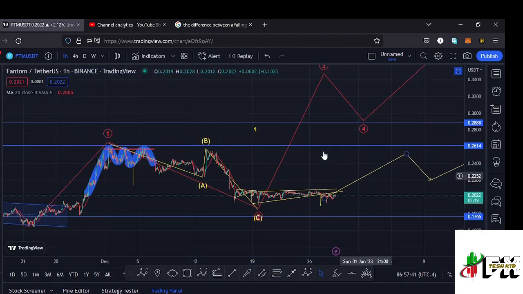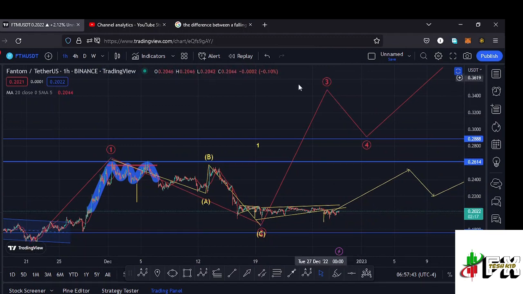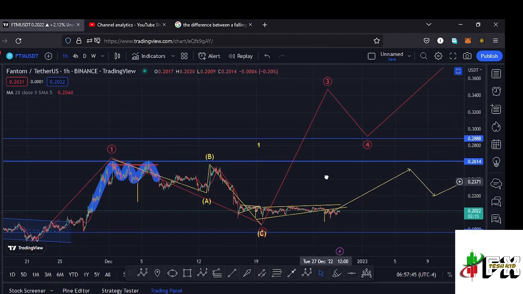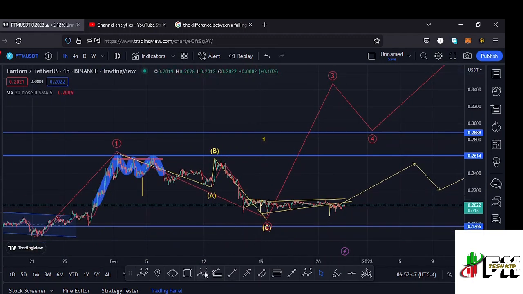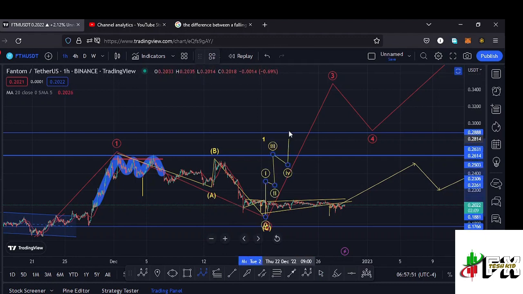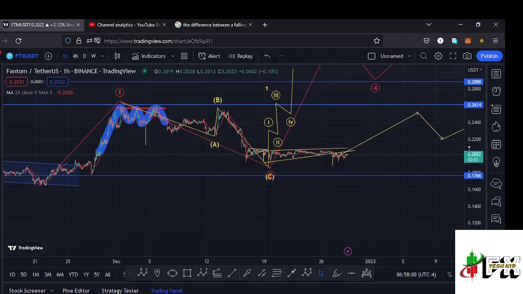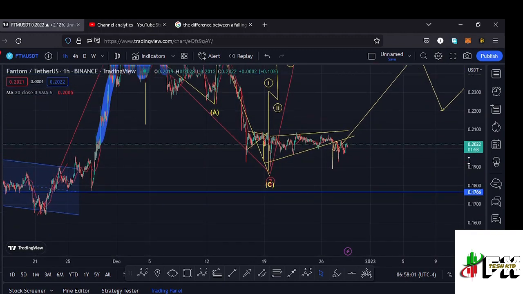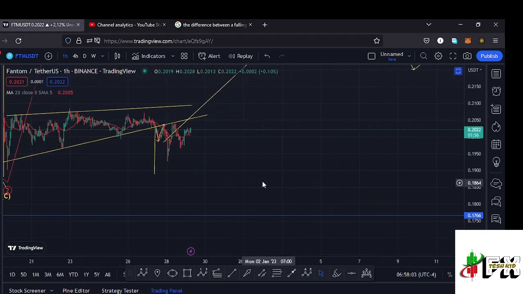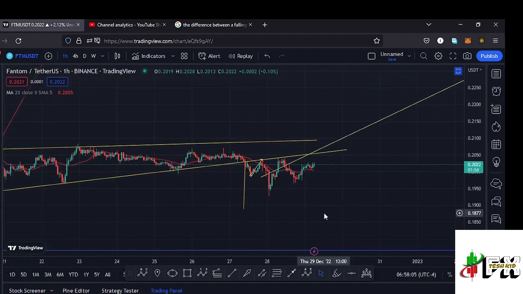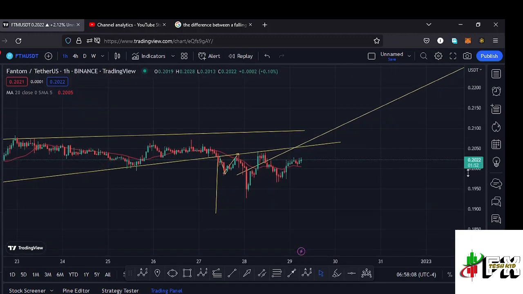I'm expecting this impulsive movement to start in the formation of a higher Elliott wave count 3, and because a wave 3 is an impulsive wave, I will also be expecting to see fractal waves in formation within that higher Elliott wave count 3, having the wave 5 of the fractal wave completing the formation of that higher Elliott wave count 3 to the upside. We also have chart patterns that are supporting that movements to the upside in the formation of that higher Elliott wave count 3. And if I zoom in on the chart so that I can draw out the chart pattern,